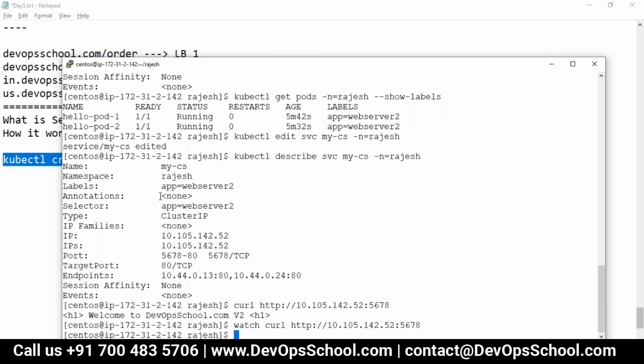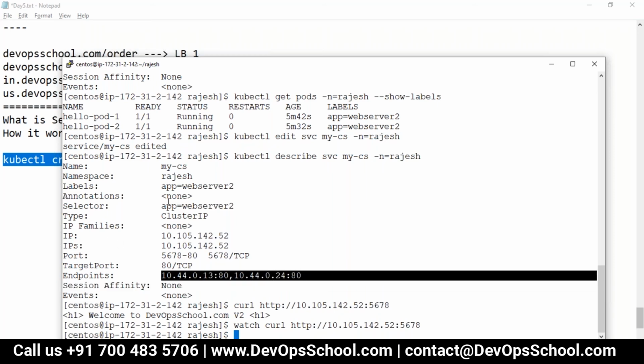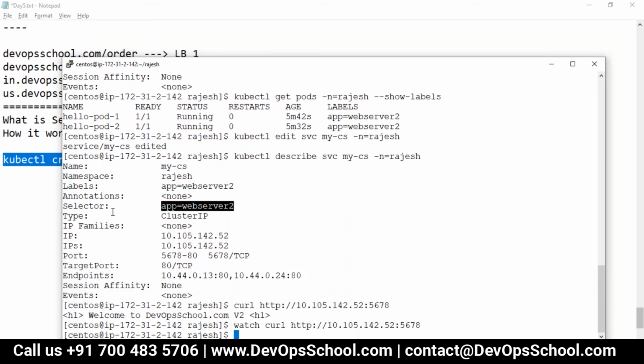So now the question is, what is a label? Guys, a label is one of the ways you can tag every object, giving it multiple names. This is very useful for filtering, load balancing services, graphing, and many other tasks. But what is a selector? A selector is a field of the service which tells which pods you want to load balance: you write the labels of those pods here. So this particular service will select the pods with these labels, and the endpoints will be updated. Now, did you understand this?